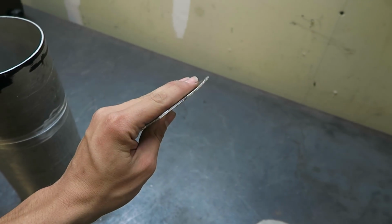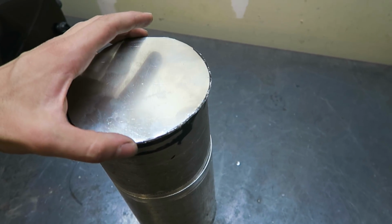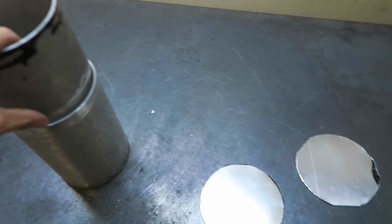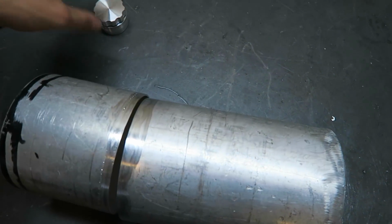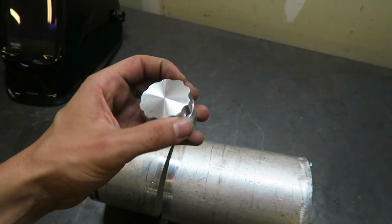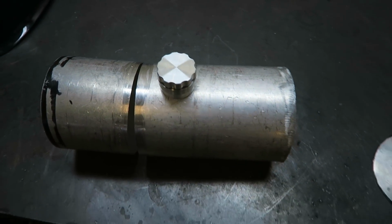It's pretty thin, but it will still be plenty thick. I still need to clean up the edges, but then I will weld those on right there on both sides, and then once those are welded on, I'm going to cut a hole in the top of this whole thing, and then I got this weld-on fuel cap off eBay, and I'm just gonna cut a hole and then weld that guy on right like that, and then I can fill it up, and then I have to add a